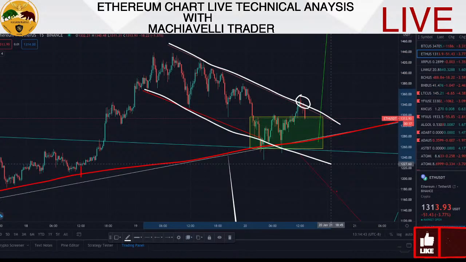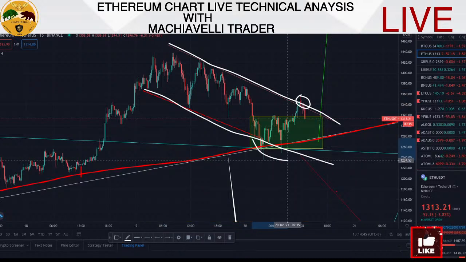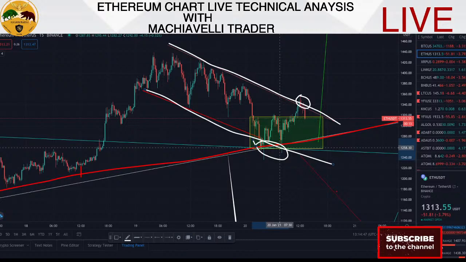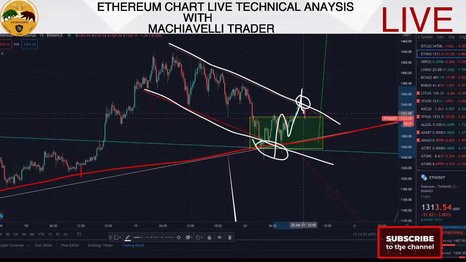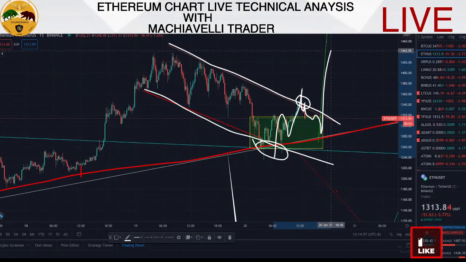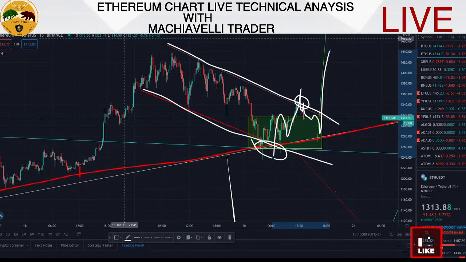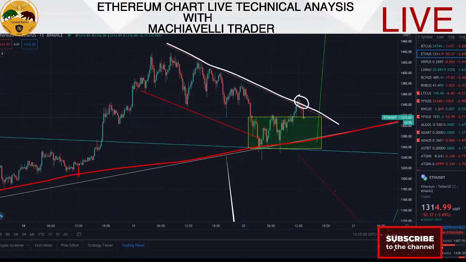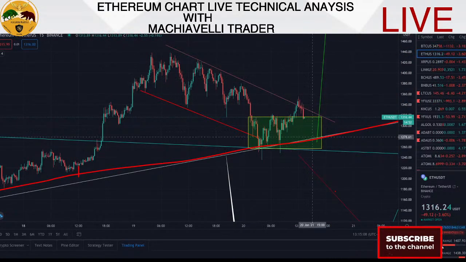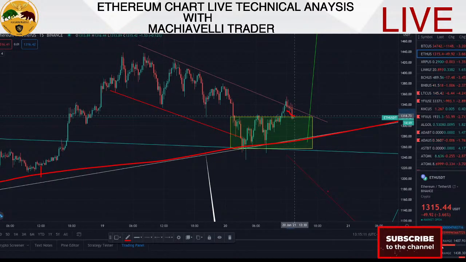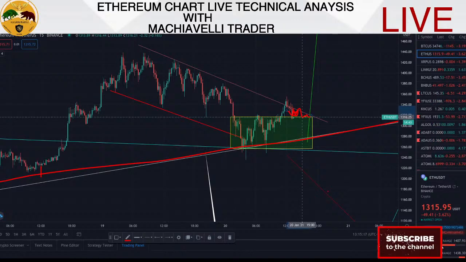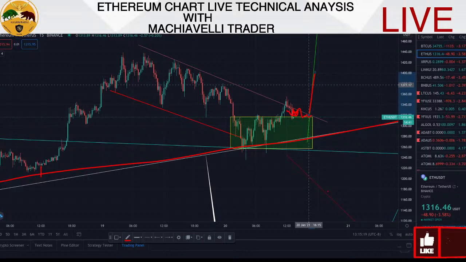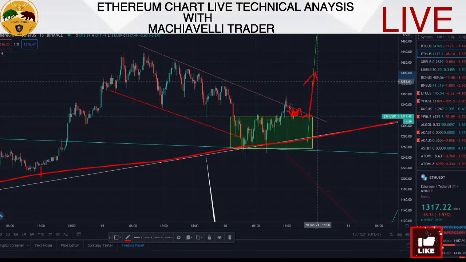So you can see the buyer's line here was broken, but they managed to pull back up before trying to break now the seller's line, which is not going to be easy. So we're going to see a sideways movement and a pullback before it will make another attempt to the upside. So we're going to see something like that playing out. So is it possible for it not to fall below? Yeah, it depends on the pressure that the bulls are putting up right here, because they are likely putting up pressure right here. So if they can keep up the pressure to the point where they can lift themselves above this sell line, then the move to the upside will begin fully.